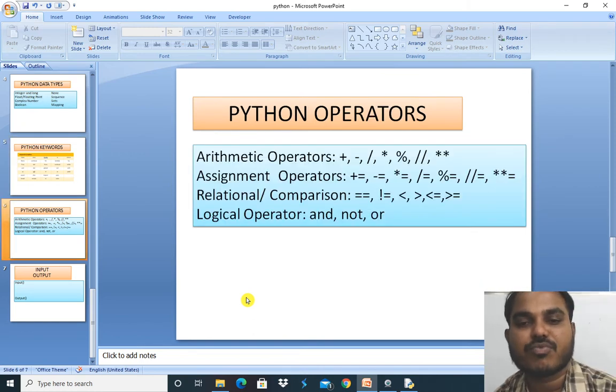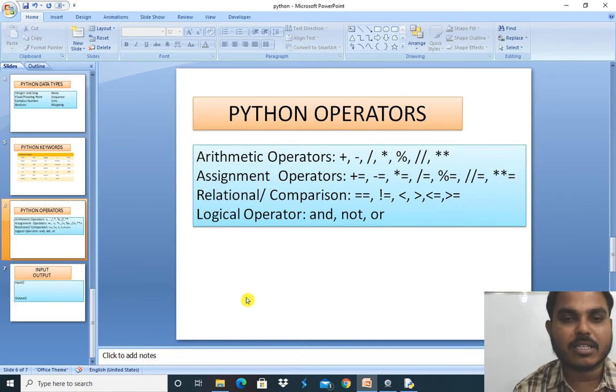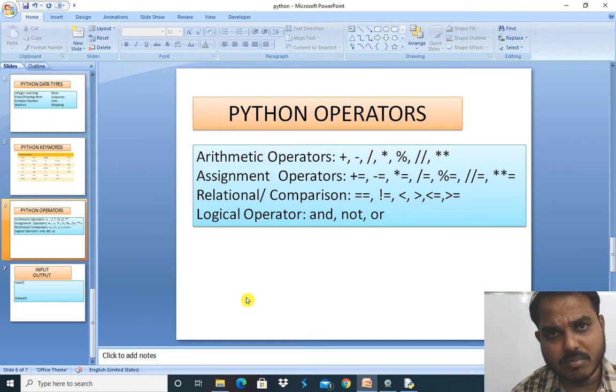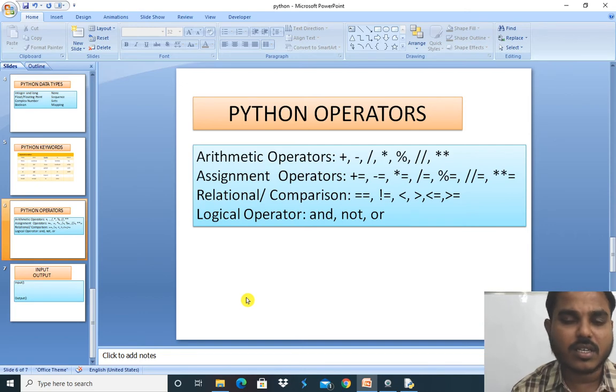So the next one is Python operators. We have 4 different types of operators here: arithmetic, assignment, relational or comparison, and logical operators, right? So arithmetic operations include plus, minus, division, and star, which represents multiplication and can also be called asterisk. Next one is modulus. If you want to display your result in the form of a remainder, then you can use modulus.